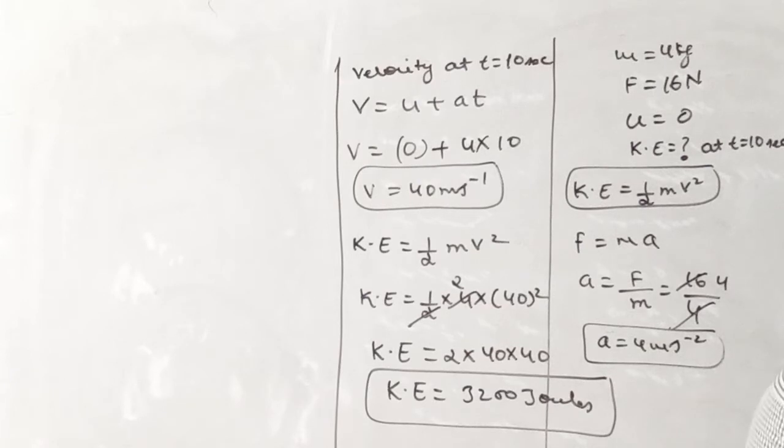I am repeating once again the question. A shot traveling at the rate of 100 meter per second is just able to pierce a plank 4 centimeter